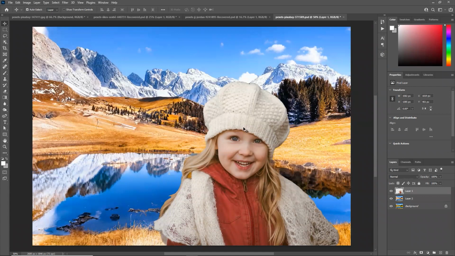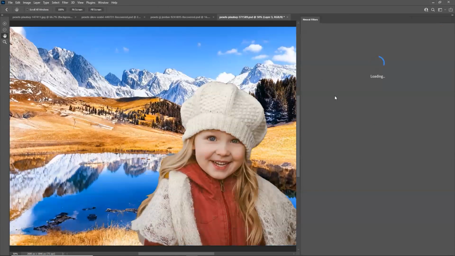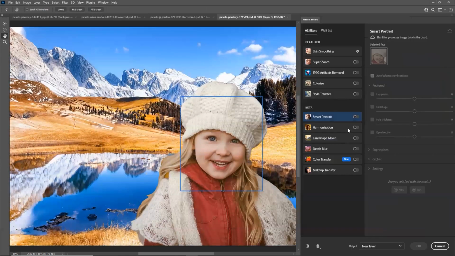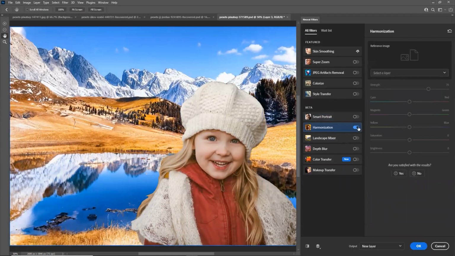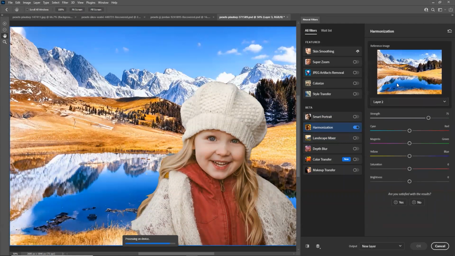Now we will go and click this little girl's image. We'll go to filter, neural filter, and we will harmonize this particular layer. And we will select from the wintry background and not the background.